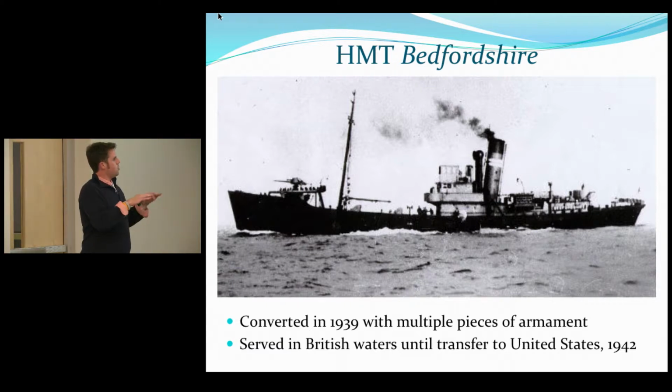So what I'm just showing you is the exterior features that are changed in the modification process. So HMT Bedfordshire worked in British waters until 1942, when it and the Senator Duhamel, among the group of 24,